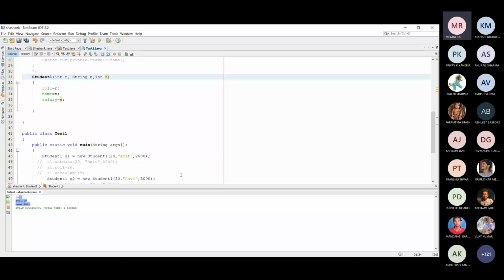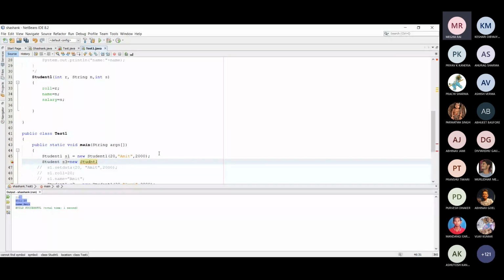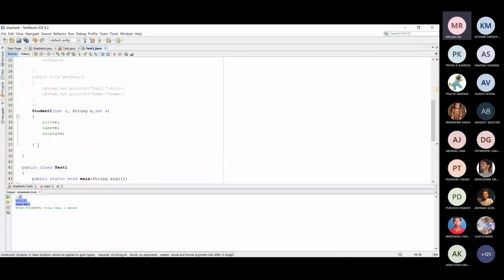So suppose I write like this, student S3 is equal to new student 1, like this, okay, S3. Basically an error is generated. So what is required here?